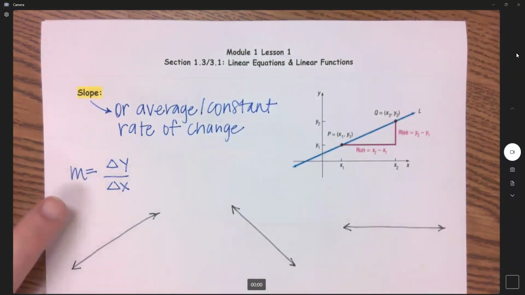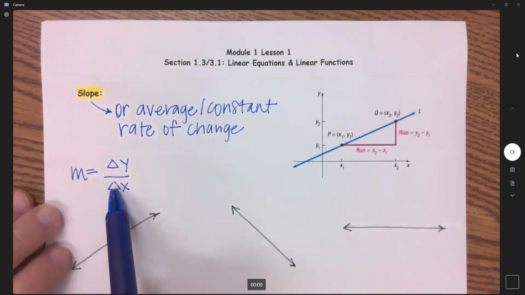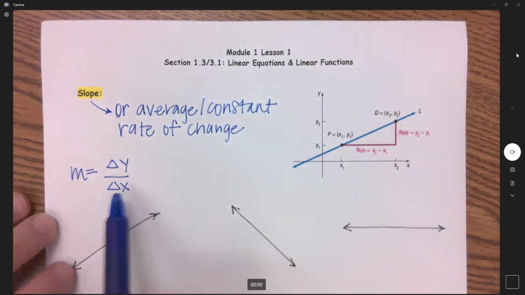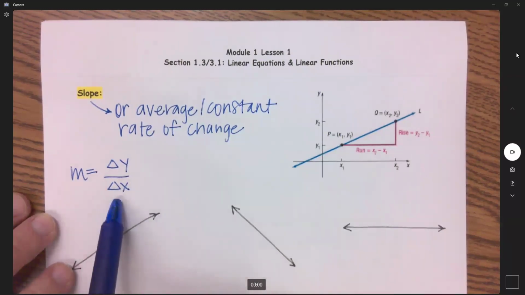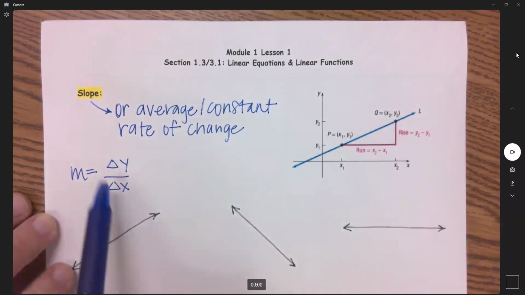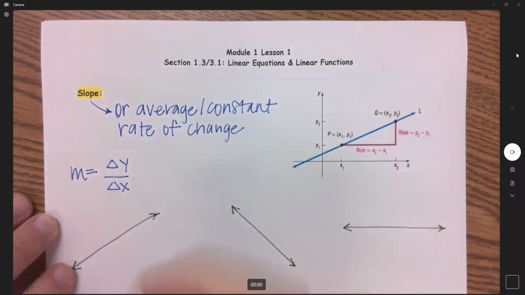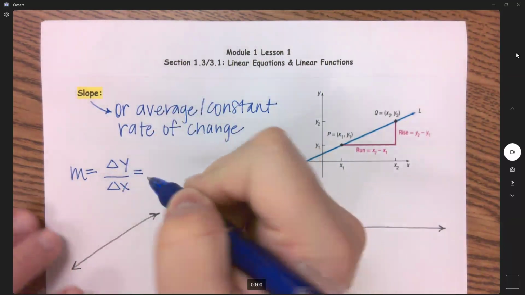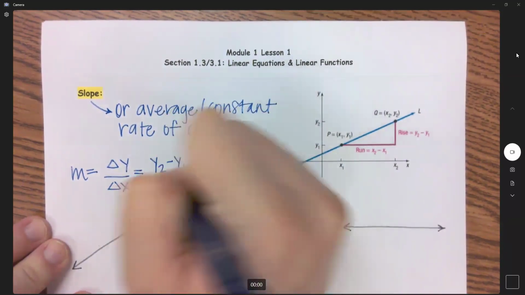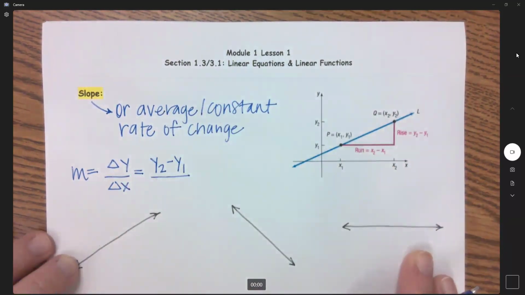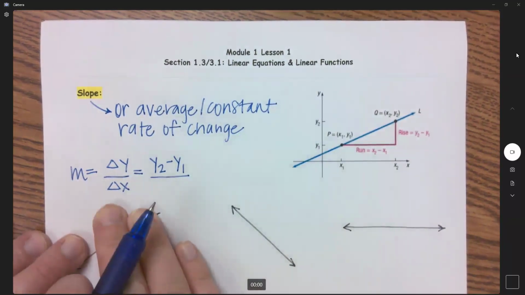We have different formulas for slope, but they all mean the same thing, and they all come back to this form right here of delta y over delta x. I wanted to specifically put that in this lesson because as you go into higher level math courses, this is something you need to be familiar with. Now, delta just means change in. So my change in y over my change in x, when I'm given ordered pairs, means you're going to subtract your y coordinates. So we'll do y2 minus y1